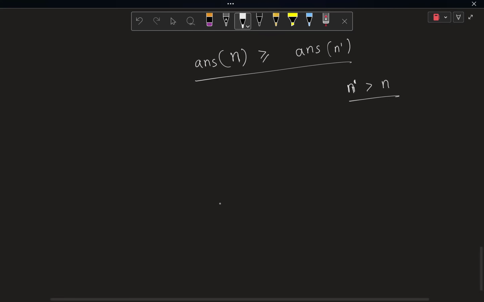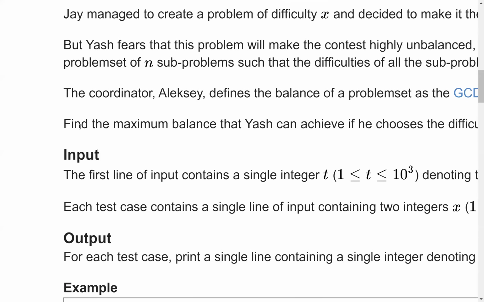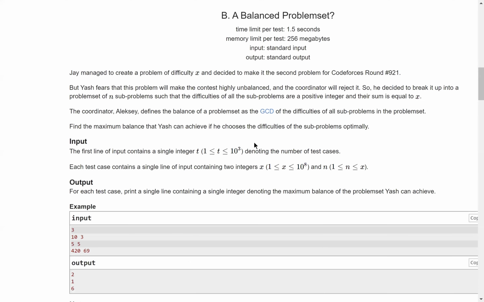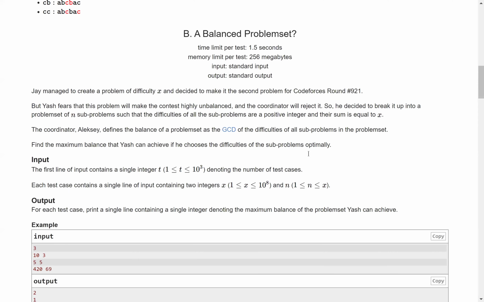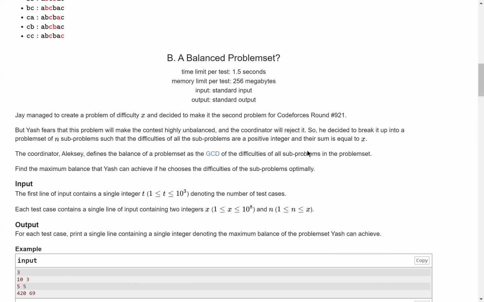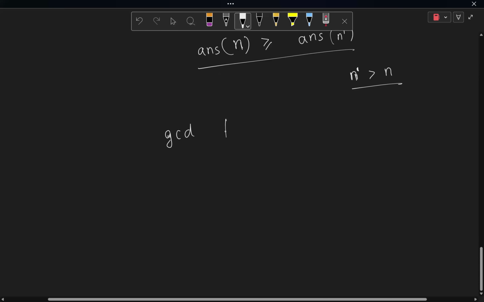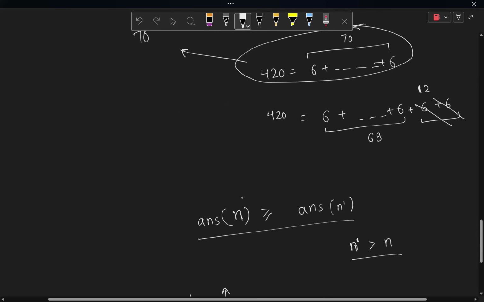Now let's go back to the problem. What we wanted is to find out the maximum balance, which is nothing but the GCD of the difficulties of the subproblems. So you want the GCD thing to be maximized, you know? So we want